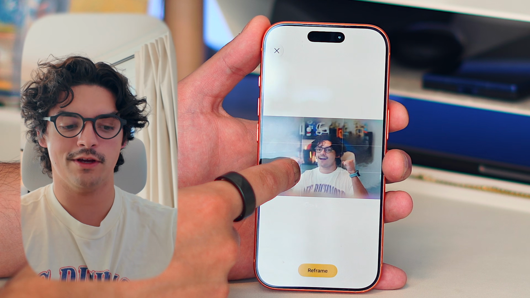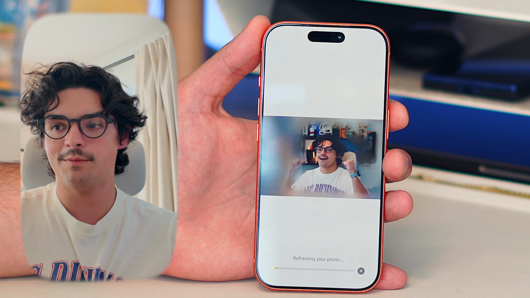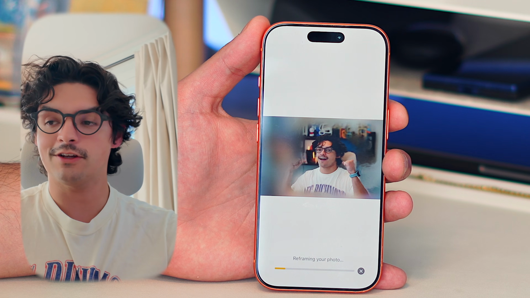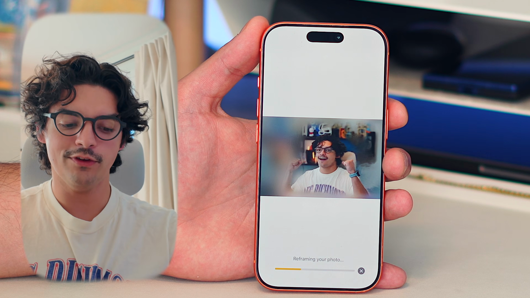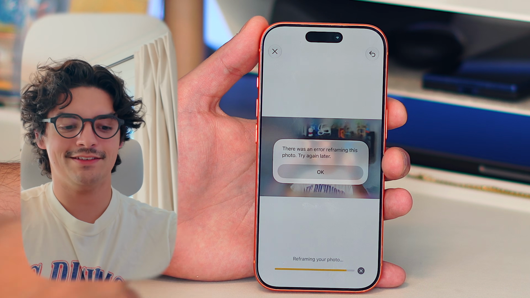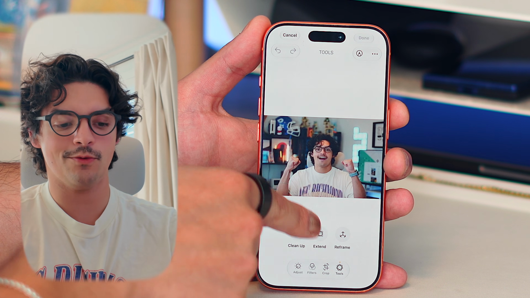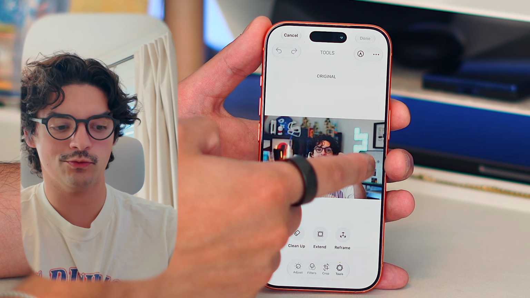So if I turn this sideways, you can see that there is a little bit of a reframe. It gets rid of everything. It's going to reframe. You can get that little toolbar that's happening in real time. Hopefully it does change up. And as you can see, still no option there. So unfortunately that's not working, but let's go over here and I'll show you guys what the before and after